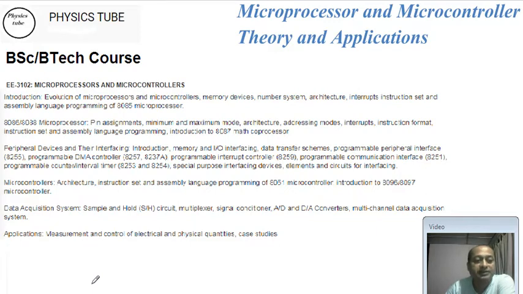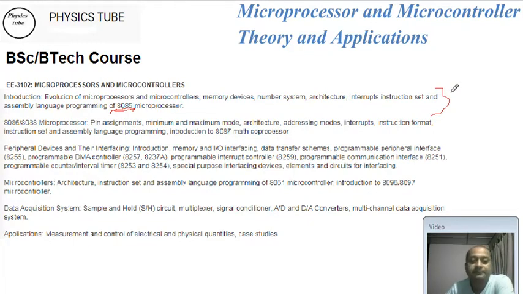One more thing I must tell you here: you can see this syllabus includes 8085. In the modern syllabus 8085 has been excluded in most of the universities, but even then I'd like to describe 8085, because without knowledge of the 8085 microprocessor, the knowledge of 8086 won't be complete. So first we talk about 8085, this part. We talk about the basics of 8085, and those who are in the BSc course with only microcontroller and embedded technology, with knowledge of the 8085 microprocessor the concepts will be more clear,